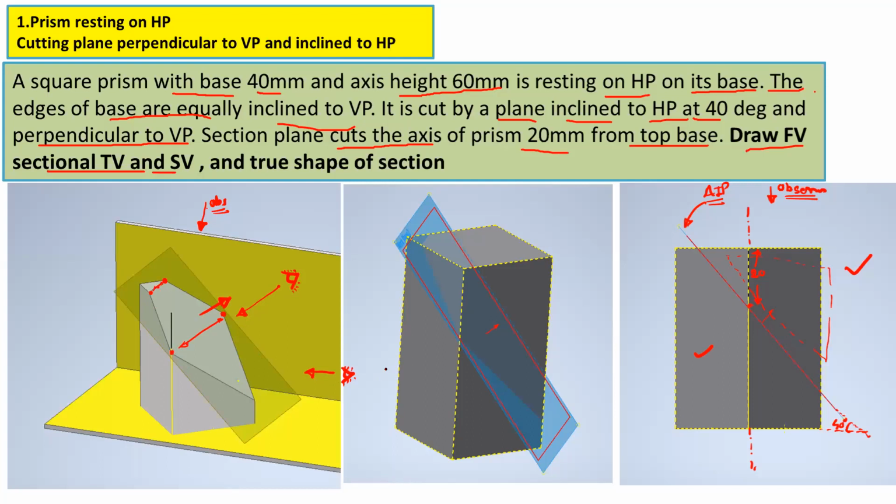Okay. That means in the right hand side view or in the true shape, this horizontal distance will not change. So which distance will change? So this vertical distance between these 2 points will change in the side view and in the true shape. Okay. So in the true shape, the distance between these 2 points will increase compared to the right hand side view. Okay. So let us see how to draw this view.